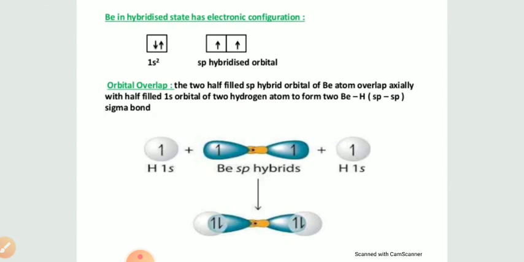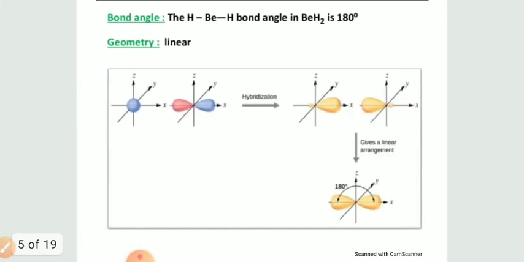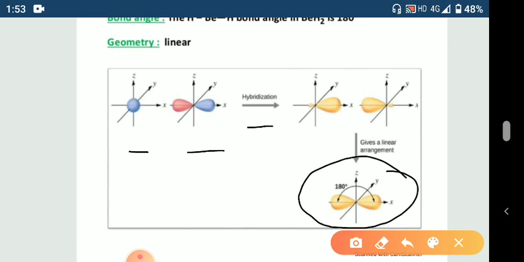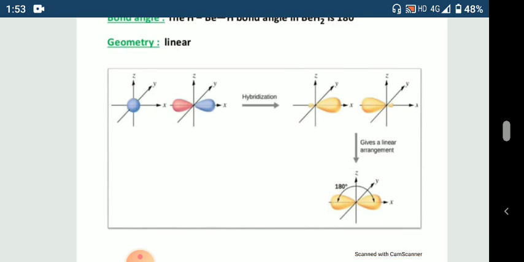So how are they hybridized? The 2s and 2p undergo hybridization resulting in the formation of sp hybridized orbitals. So this is the sp hybridized orbital of beryllium,